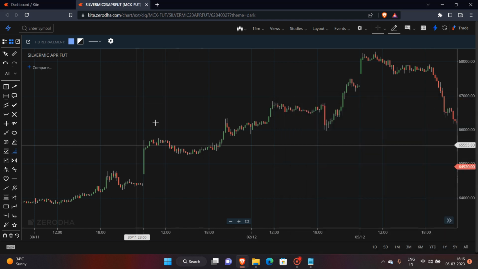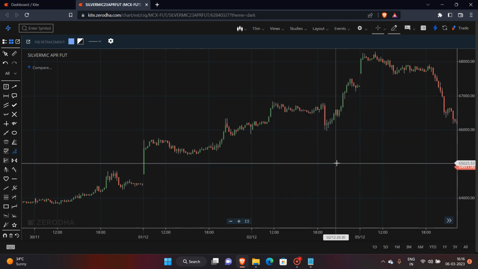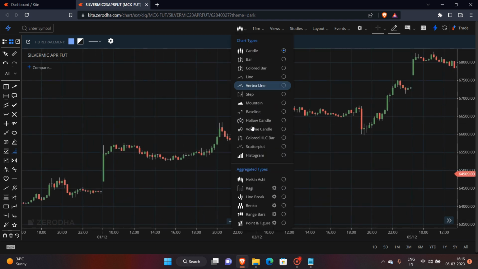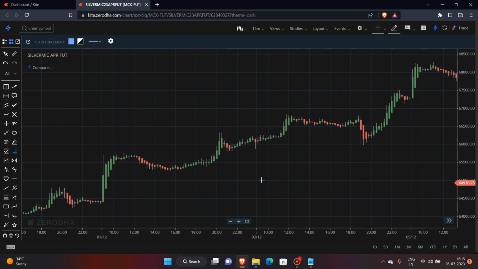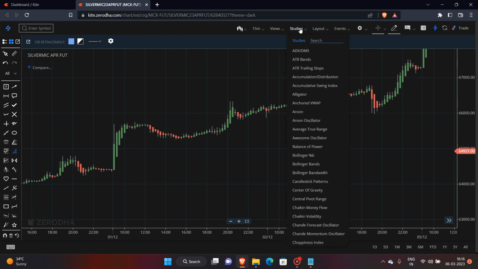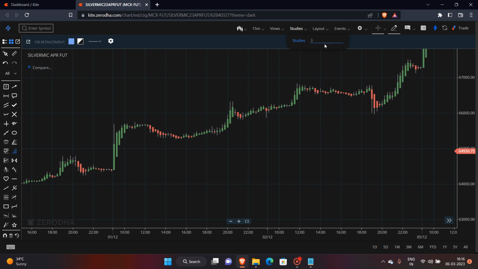So here we can see that this is not Heikin-Ashi, just the normal candles. I'm just going to convert it into Heikin-Ashi. Now you can see it looks better, where the swing high and swing low are. Also we are going to draw the 3MA cross. So if you type here 3MA cross,